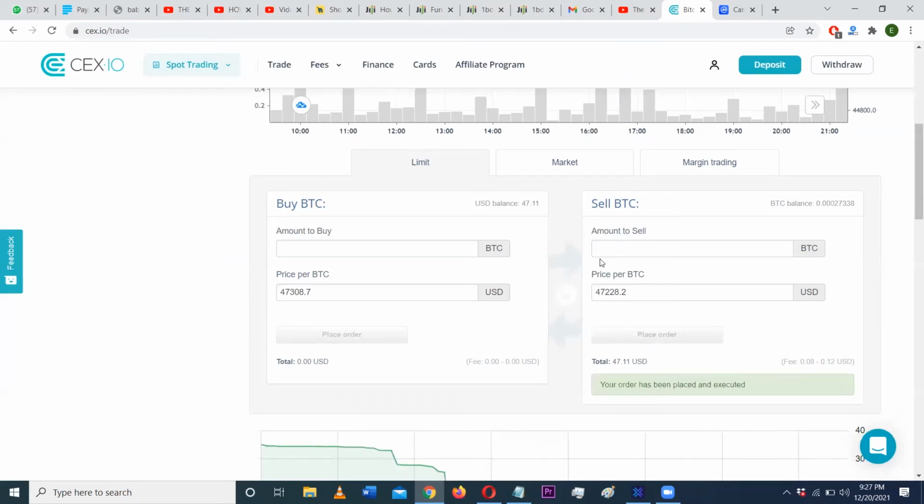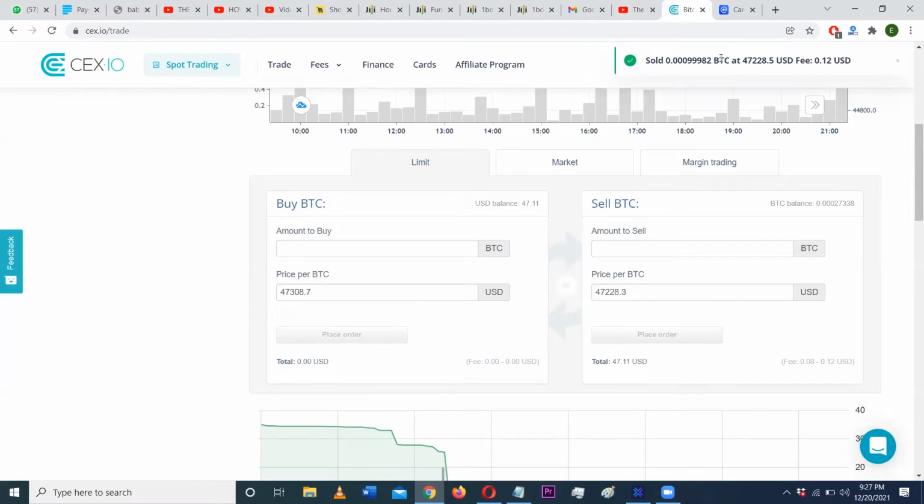Place order. Your order has been placed and executed. I got an alert here. I sold this. If you look at where my cursor is, it says I sold 0.0009982 Bitcoin at this price. The fee is $0.12. So you realize that just at that moment, I didn't even sell